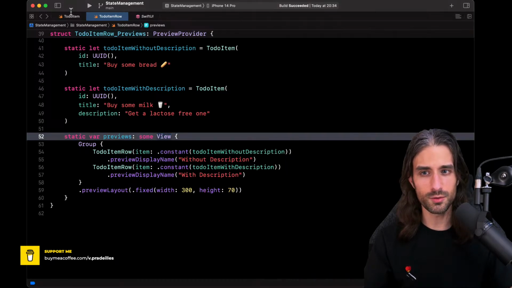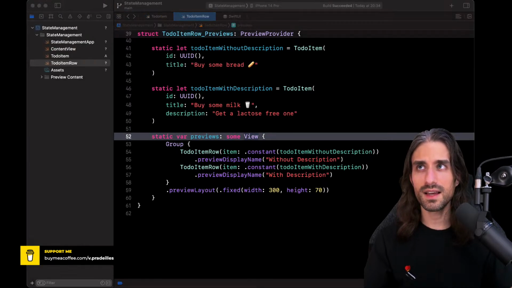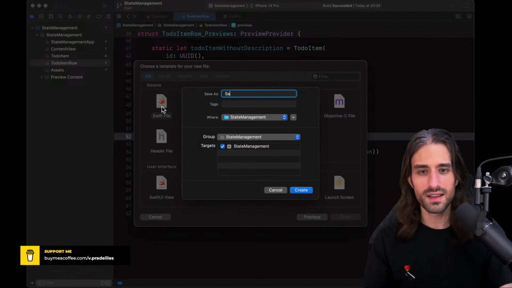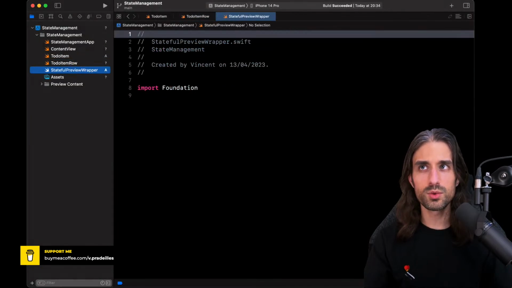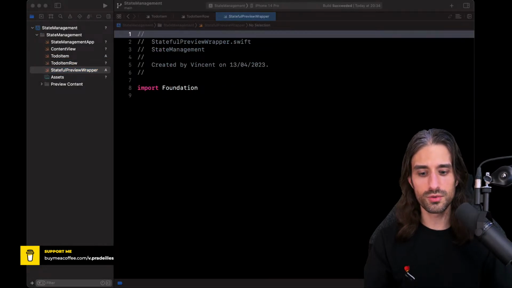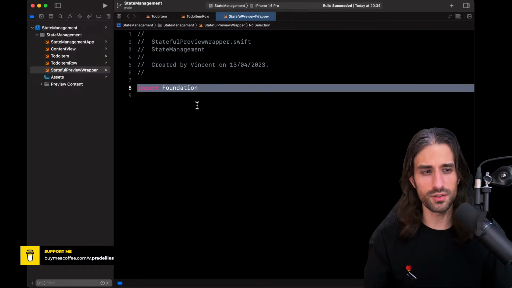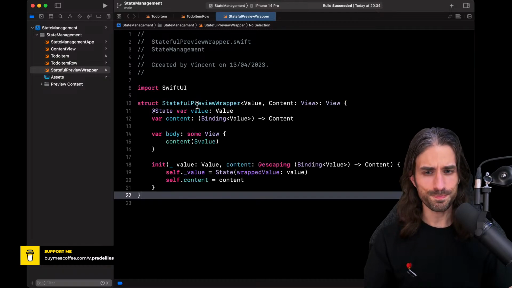I'm going to hide the preview for now, and I'm going to create a new Swift file. I'm going to call it StatefulPreviewWrapper. I'm going to copy and paste the code, so it's in the Xcode project that's available, either on the GitHub or on the project that was next to the video.